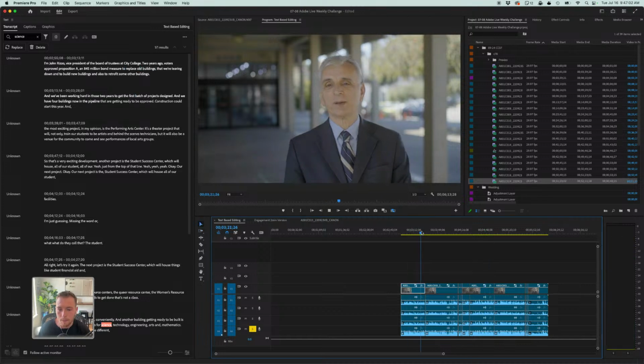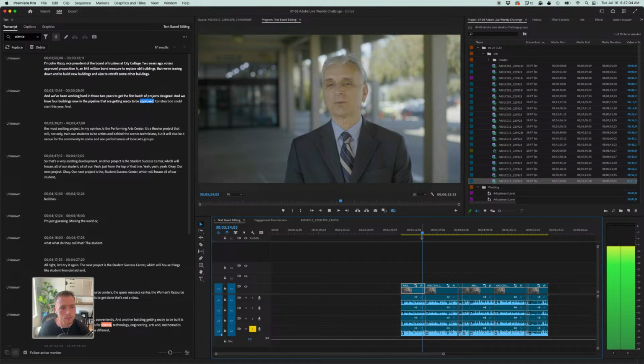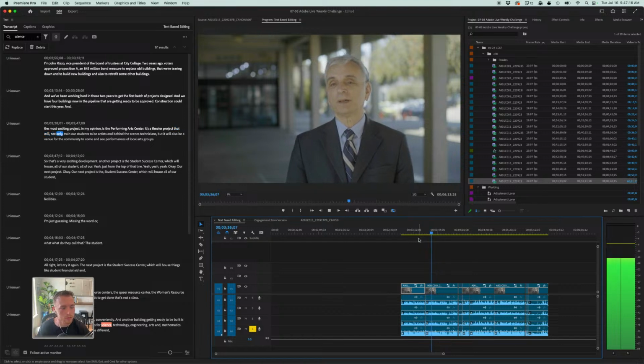Old buildings in the pipeline that are getting ready to be approved. Construction could start this year. And the most exciting project, in my opinion, is the Performing Arts Center. It's a theater project that will not only train our students to be artists and behind-the-scenes technicians, but it will also be a venue for the community to come and see performances of local arts groups. So that's a very exciting development. Another project is the Student Success Center, which will house all of our student